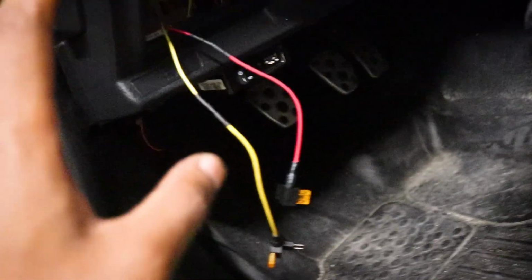After a long fight, I was able to route them all the way down. I don't have it at the perfect place yet. I want to test everything out, make sure everything works before I tie up everything. So for now, I'm just going to leave these like this, and we are going to take care of everything